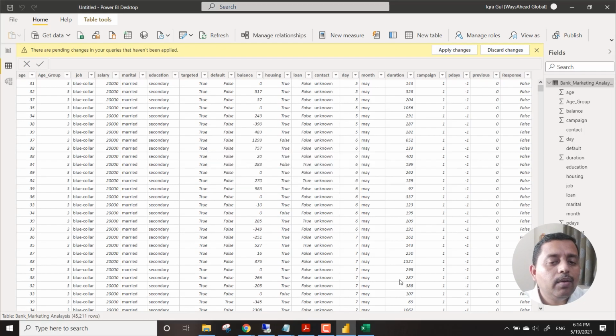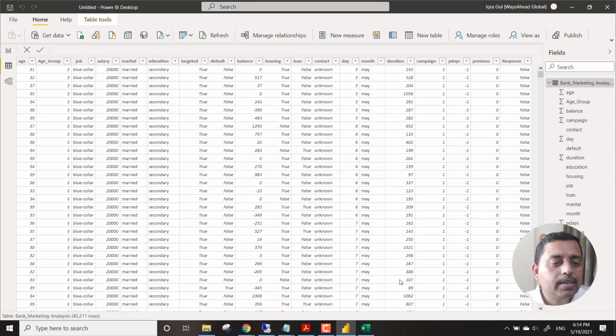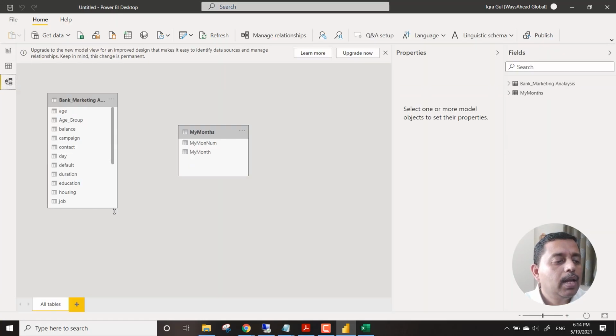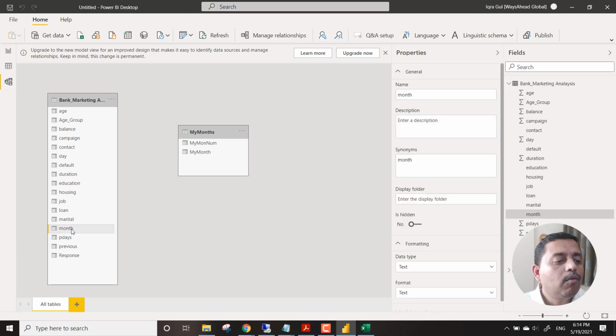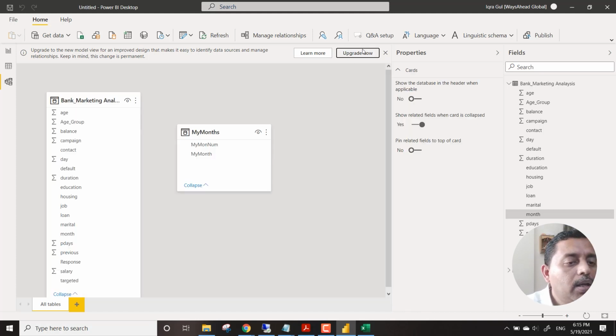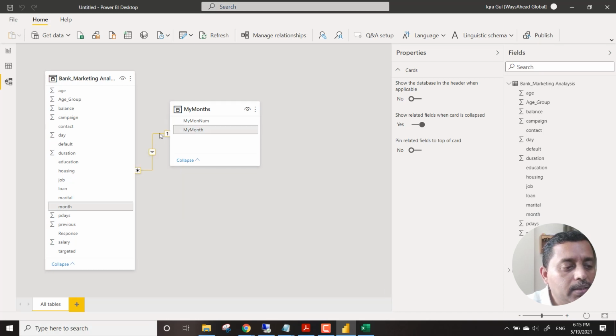So this was a table which was not existing, so we brought in this particular table over here. And then we go to this and see that we have got the month in place. The month name is here. What we need to do is connect this month name with this my month, and instantly you see that both of them are connected, and you can see this is the kind of join that we were talking about. So this is a one-to-many join that we have got.